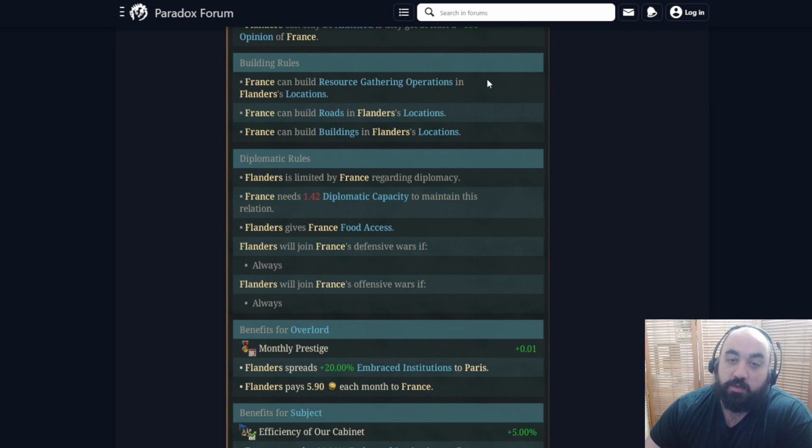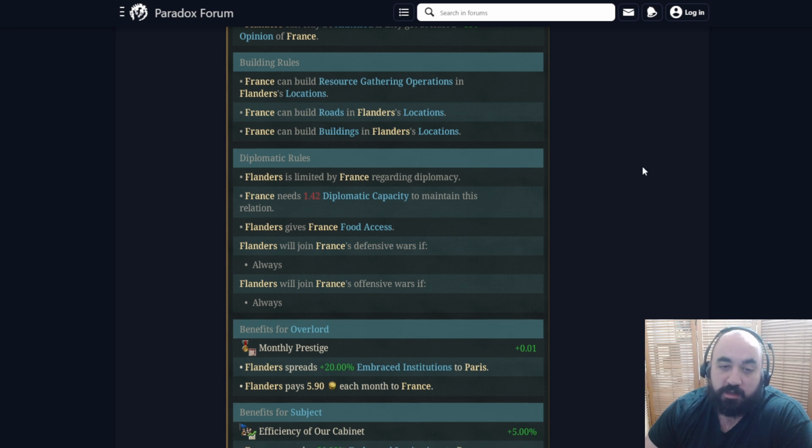That is the case in Victoria 3, which is interesting and makes foreign investment a bit of a dynamic strategy, but I'm kind of suspect that will not be the case, but it might be. Probably the most reasonable thing for you to build will be roads, allowing them to access the market better. But maybe you just needed more of a particular resource. It's available in the locations of your subjects and it's worth building.